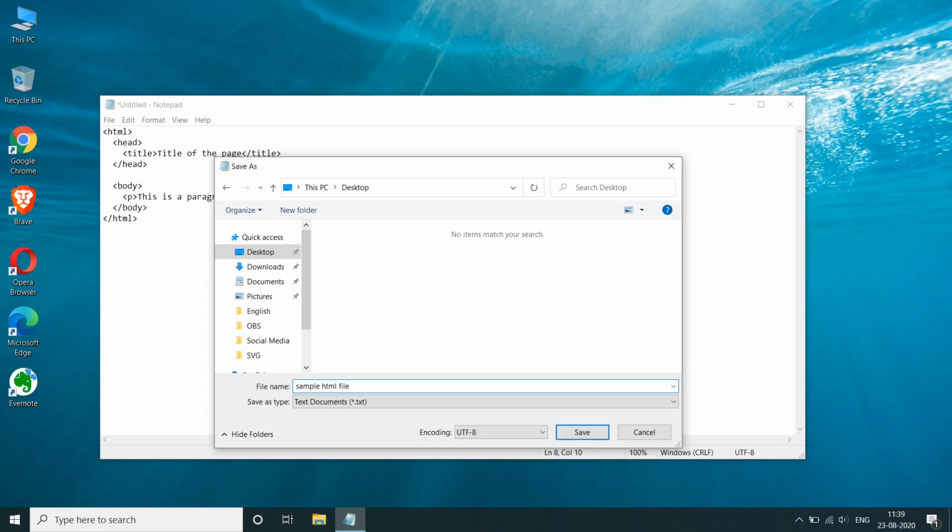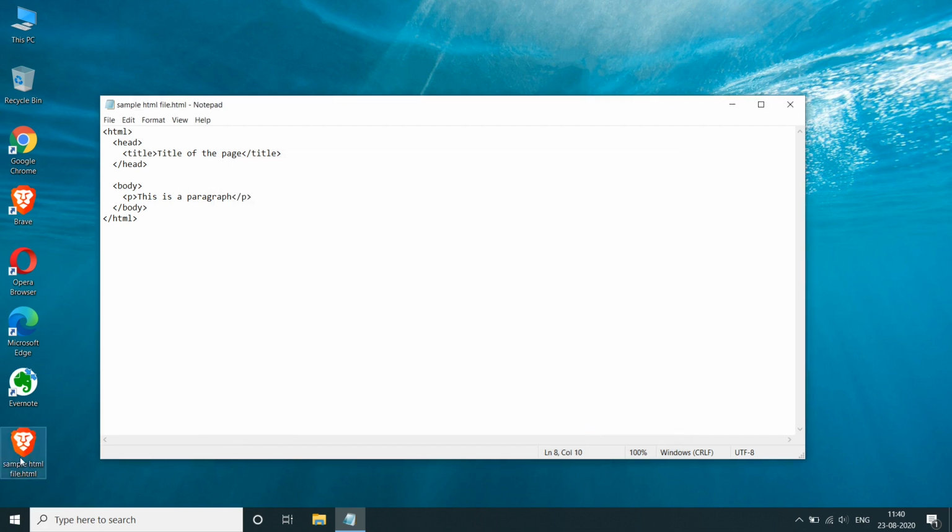So I've named the file. Now one important thing to note here is that every HTML file needs to have a file extension of .html. So this is called a file extension. Every file has it in Windows or anywhere else, and we're going to say .html at the end of the name of the file, and then I'm going to save it, and you can see that it appeared here.